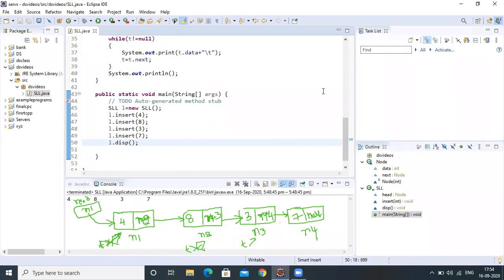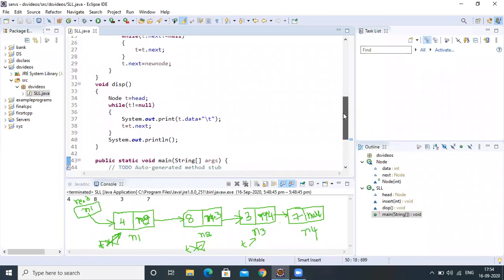L dot display. Coming to the display method, initially we will refer the head node. Initially t is equal to head. It is referring the head node.